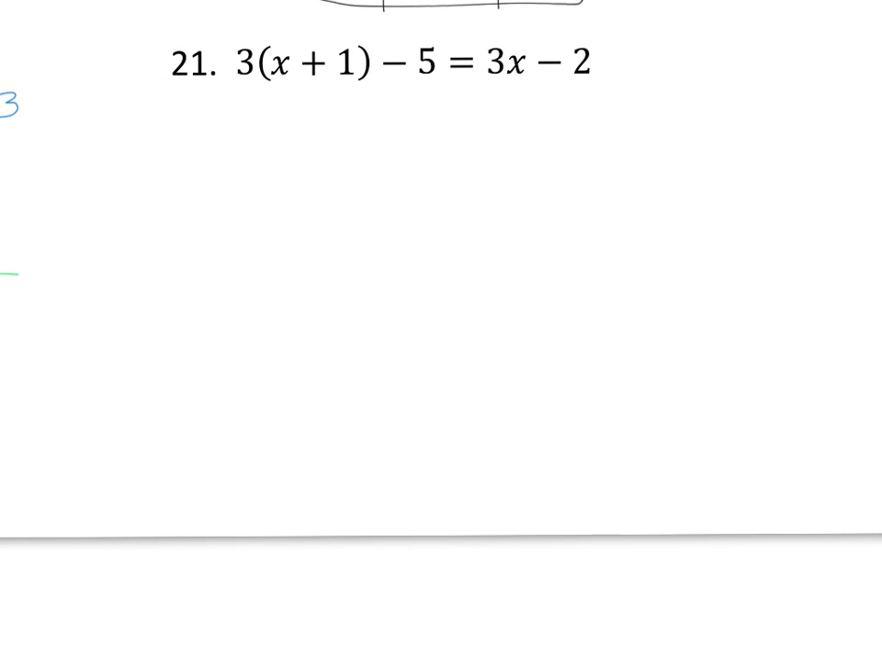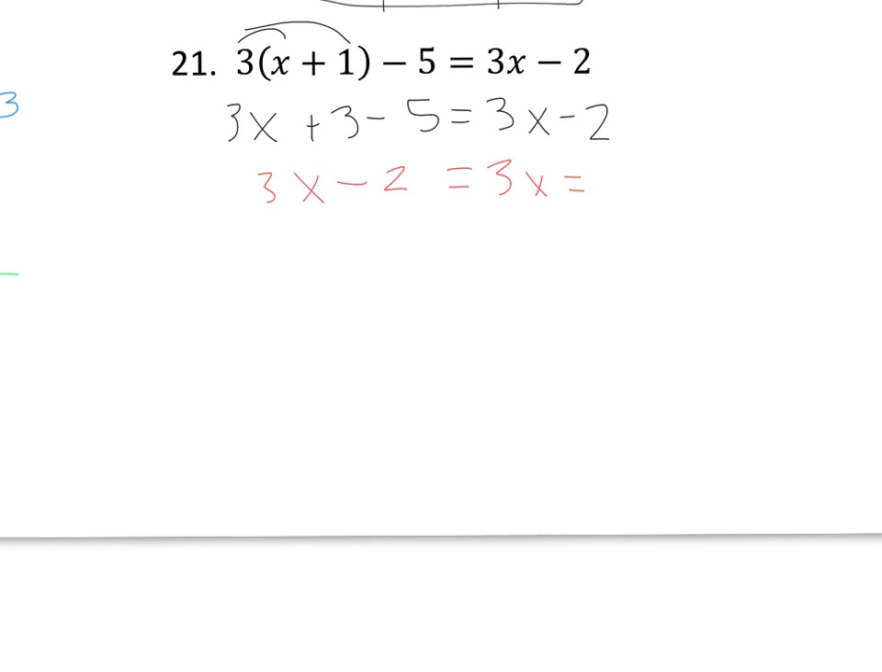All right, we have one more equation to solve here under this learning target, so I'm going to go ahead and distribute this 3 here and get 3x plus 3 minus 5 equals 3x minus 2. Now I'm going to combine like terms, and I get 3x, 3 minus 5 is negative 2 equals 3x minus 2. Now this